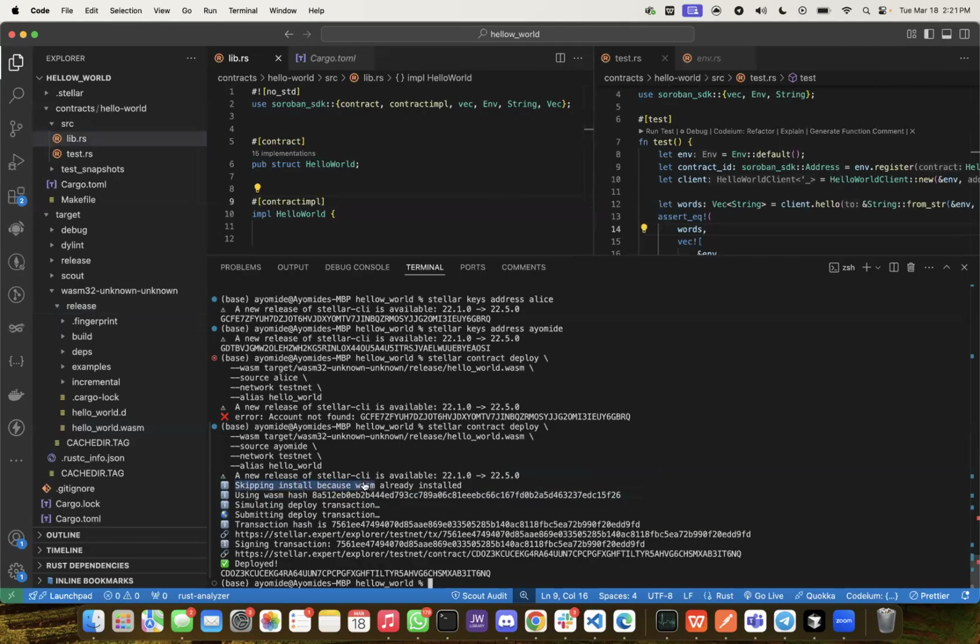The installation of the WASM, because the WASM has already what? Has already been installed. And from this, it was able to create another instance of our contract for us using the unique identifier of the WASM that was uploaded before, as you can see. And then this was the transaction hash, and eventually it was deployed, and we got what? The contract ID for our new smart contract that has been deployed. How beautiful do you think that is for you to ensure that, oh, a contract has been deployed, this was